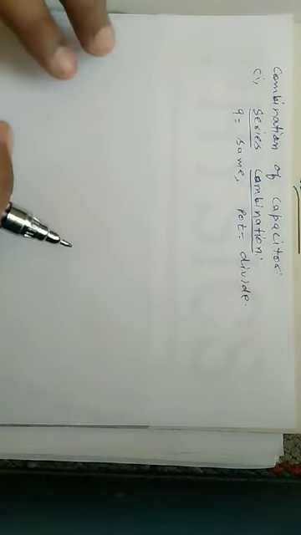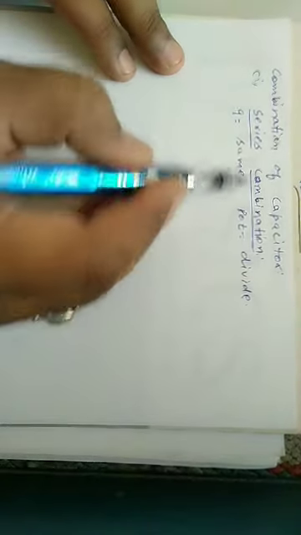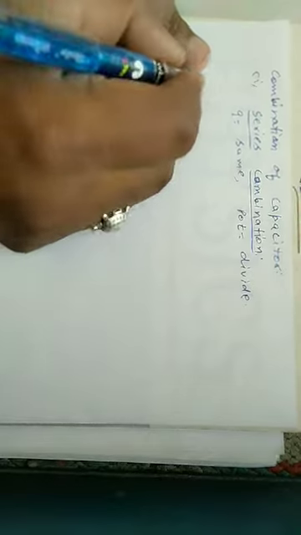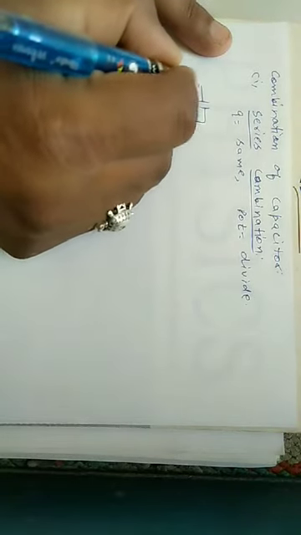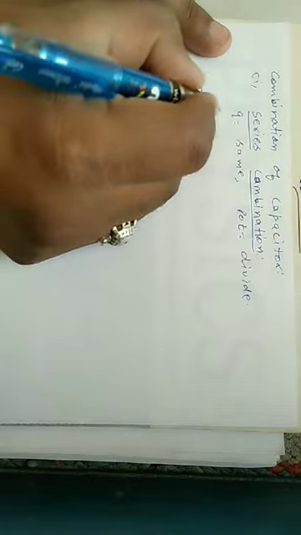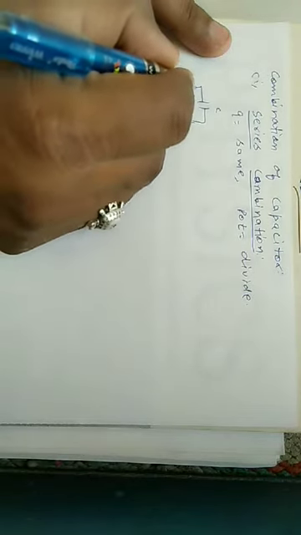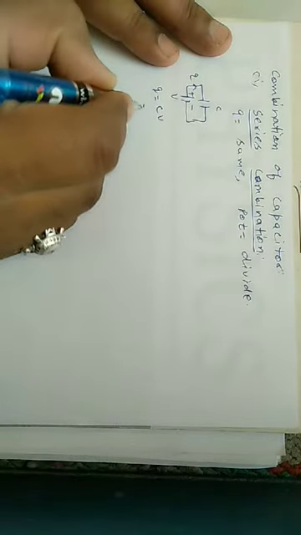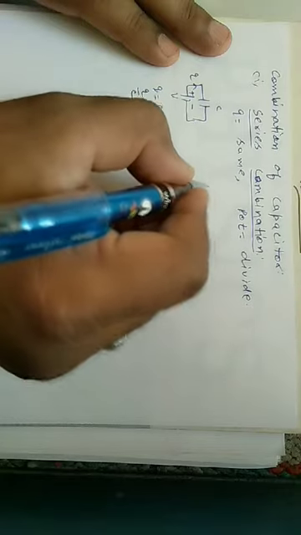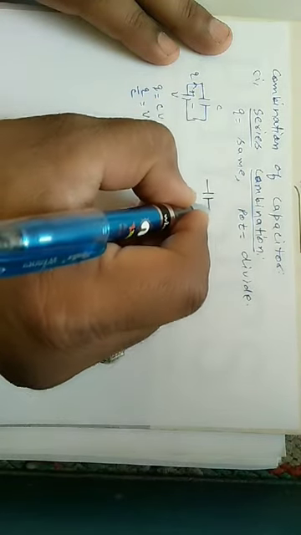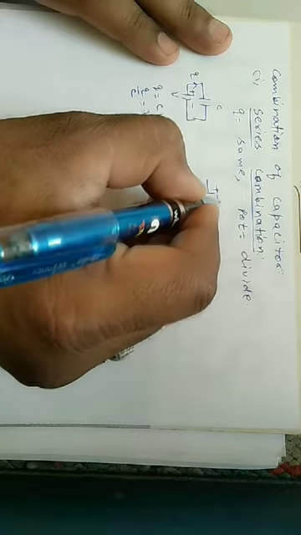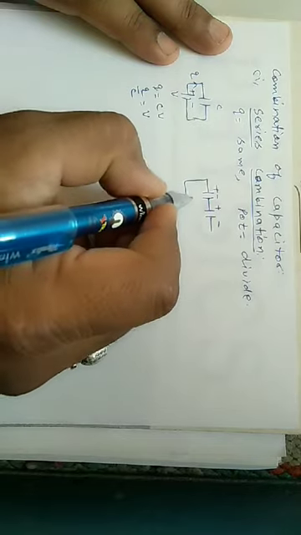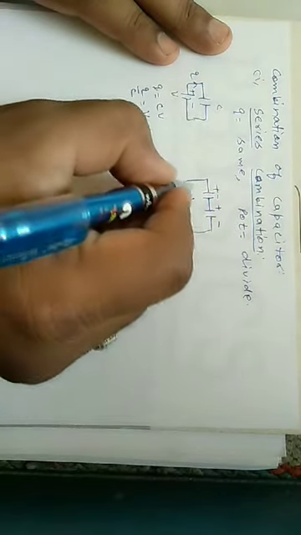Next topic is combination of capacitors. Series combination. For the series combination, the condition is that charge remains same, potential gets divided. Now, a capacitor connected with the battery, potential V, positive, negative, charge Q. According to the relation, Q is equal to CV, we can find the value of V: this is Q upon C. In the place of the capacitor, we attach two capacitors in series combination: positive, negative, positive, negative. Negative is connected with the positive, so it is a series combination. This is potential V, and charge Q.